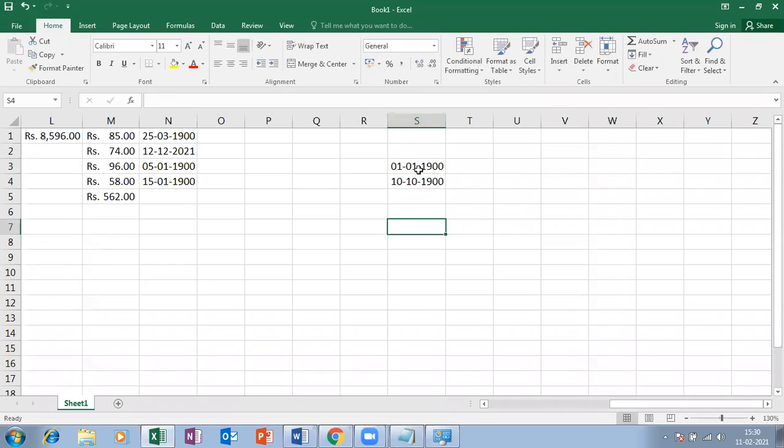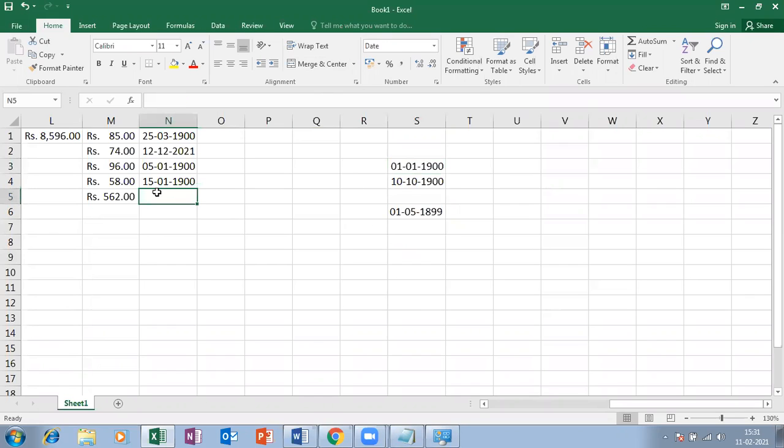But what happens if I enter something lesser than that particular year, 1899 like this? Then Excel says it's general because Excel doesn't know to calculate a date lesser than 1 1 1900. It knows to calculate dates from 1 1 1900 onwards.